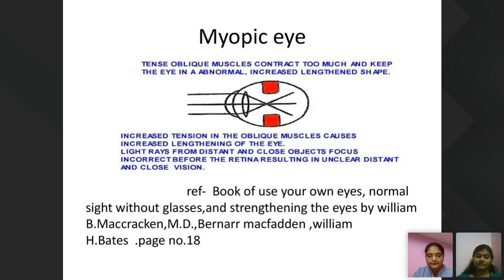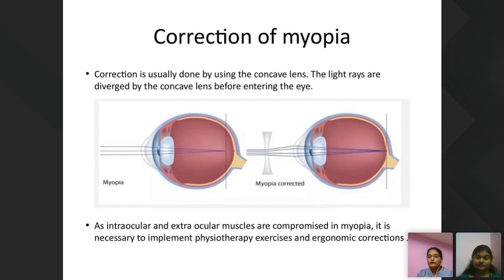Here you can see the same thing, and usually we correct it by means of a lens, like a contact lens or a spectacle. But as a physiotherapist, what I am trying to say is that this change in refractive power, or this eye strain, or the change in the shape of the lens, is primarily due to eye muscle strain. We have to relax that eye muscle, so we have to exercise it.